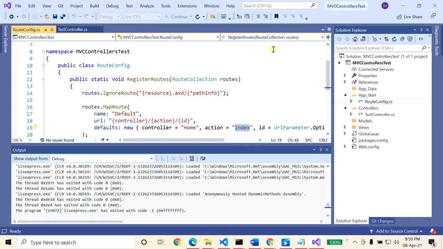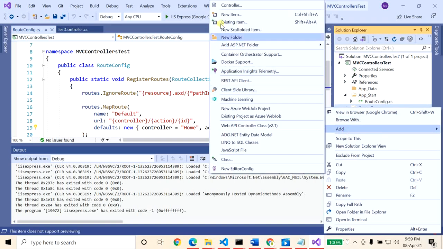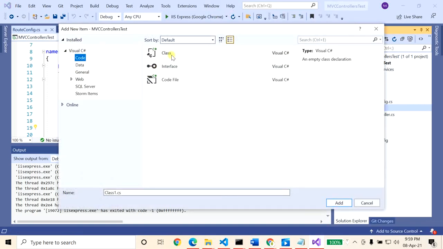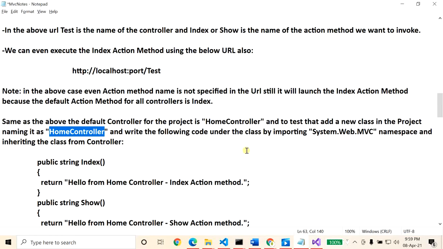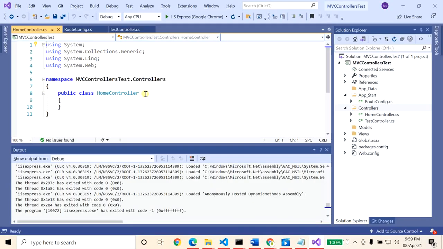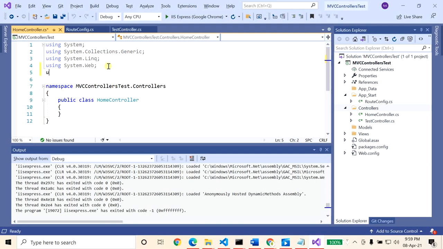Just stop this and add a new controller here, naming it HomeController.cs. Using System.Web.Mvc. This is the namespace of the controller.